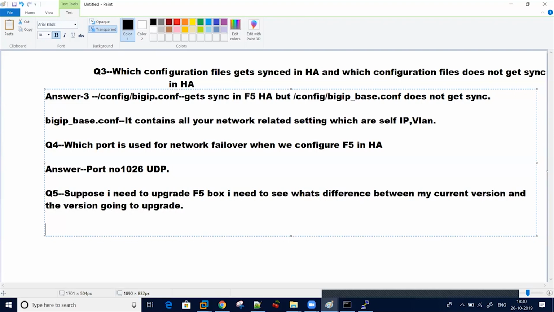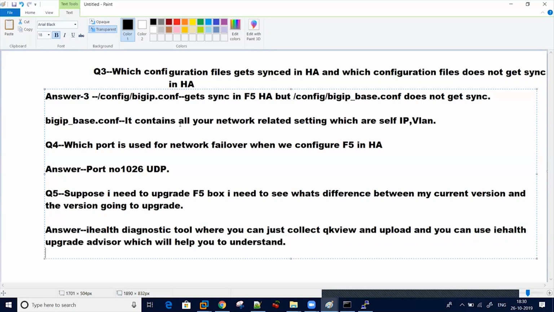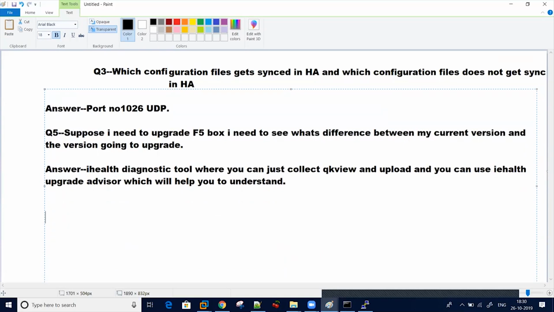For that, F5 has an iHealth diagnostic tool where you can just collect a QKview and upload it, and you can use iHealth Upgrade Advisor, which will help you to understand. So it's a great tool which is provided by F5.